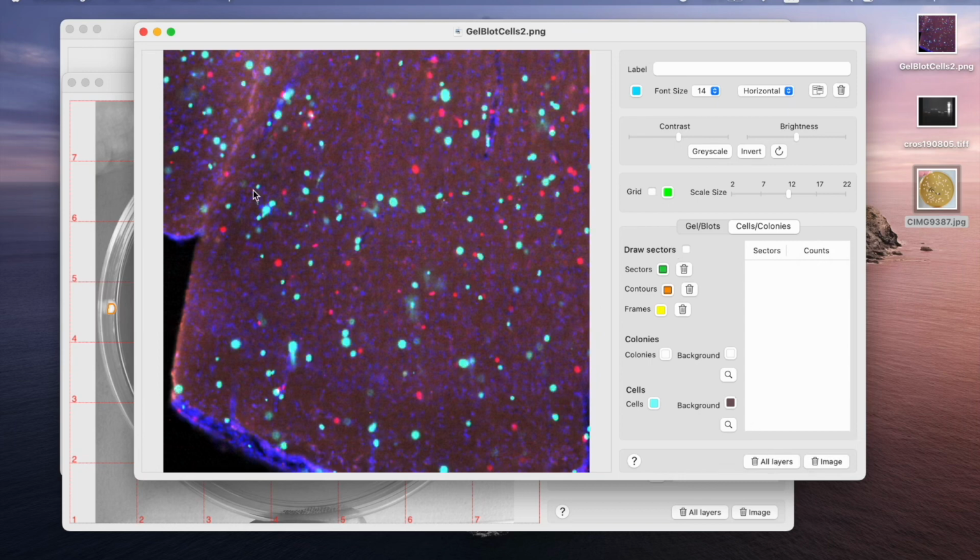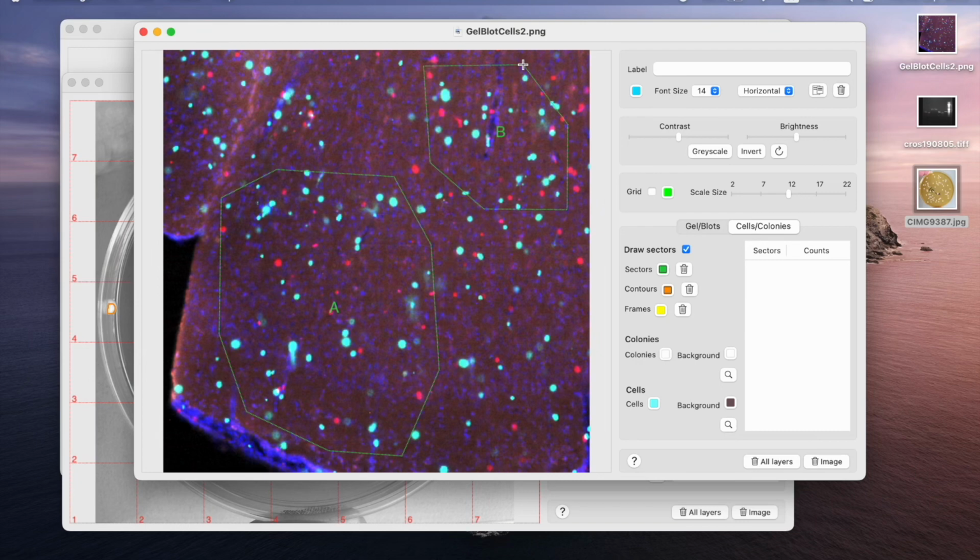Let's say we would like to count cells in two areas. What we can do, first we draw a sector, click on this button, and then as you can see, mouse pointer is changed, and then we can outline the sector where we would like to do our analysis. Let's say first sector here, and if we double click it will close, and this is sector A, and let's say we have another sector here,